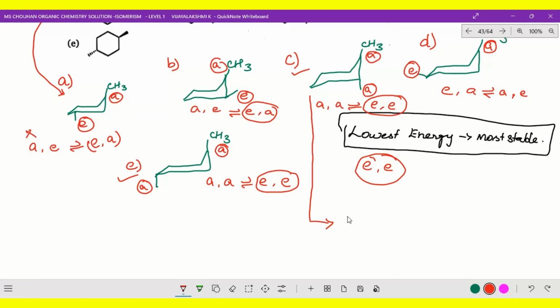That means here I would like to bring it to another point. Here I just draw this structure for you. So this is chair form, no? So in this chair form, here it is A and here it is A. Now in that way, here this side is E and this is also E. So when it is coming nearer to that, it is closer. Both the side it is closer. Whereas coming E, here also A, E, no.